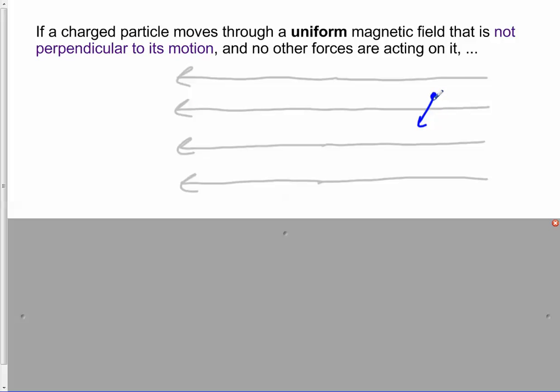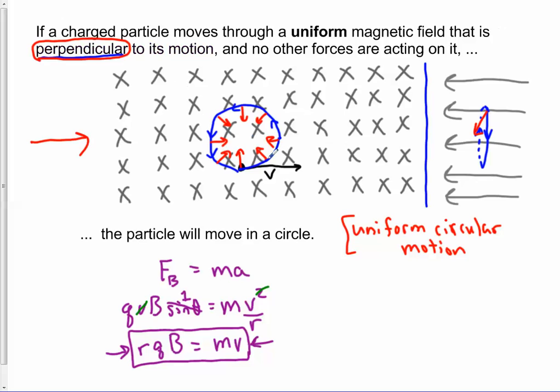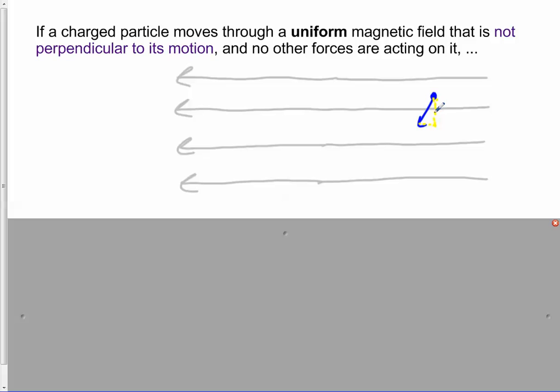Well, what's going to happen is we can break this down. We can break its velocity down into the part that is perpendicular and the part that is parallel. Now the part that's perpendicular is going to behave as we spoke about here. It's going to be turning. So this part will turn, and it'll go in a circle again, down the front and then up the back, down the front, up the back. But the whole time we're also going to have this to the left velocity. And what's the magnetic field going to do to that part of the velocity? Well,